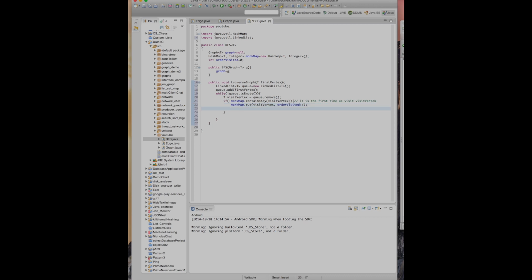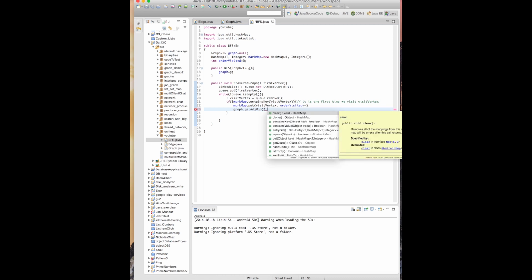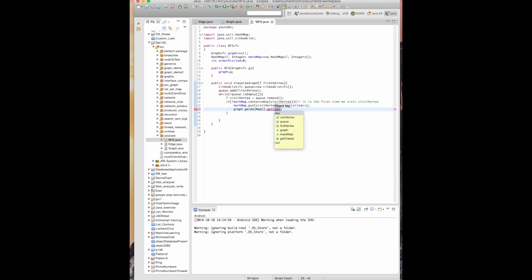So now we need to check out all the neighbors of this particular vertex, as it is a breadth first search. So how do we get all the neighbors? That's the most tricky part of this algorithm. Yes, okay, we can find all the neighbors by going to the graph and asking for the adjacency map, and then we can ask for this inner map, which we can get by saying get the key, and the key will then be this